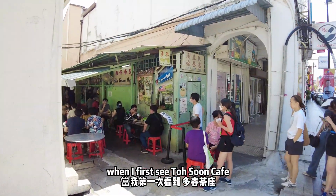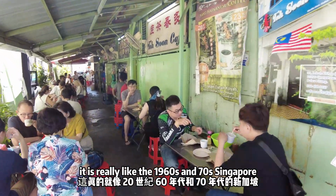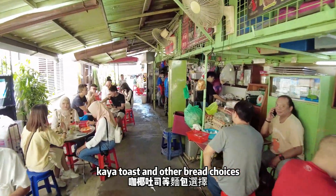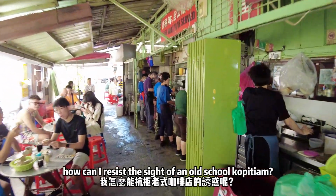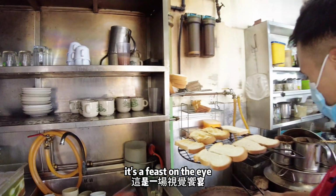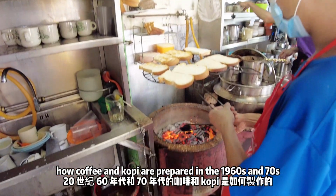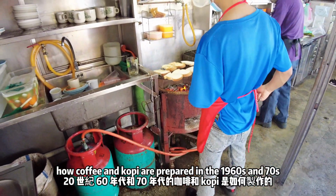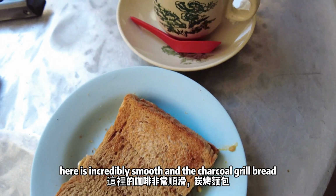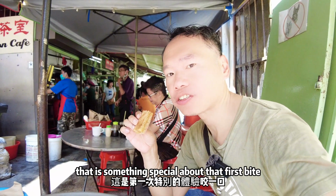When I first see Toh Soon Cafe, it is really like the 1960s and 70s Singapore, with the choice of kopi, kaya toast, and other bread choices. How can I resist the sight of an old school kopitiam? It's a feast on the eye just to be able to witness how coffee and kopi are prepared in the 1960s and 70s. The kopi served here is incredibly smooth, and the charcoal grilled bread, oh, there's something special about